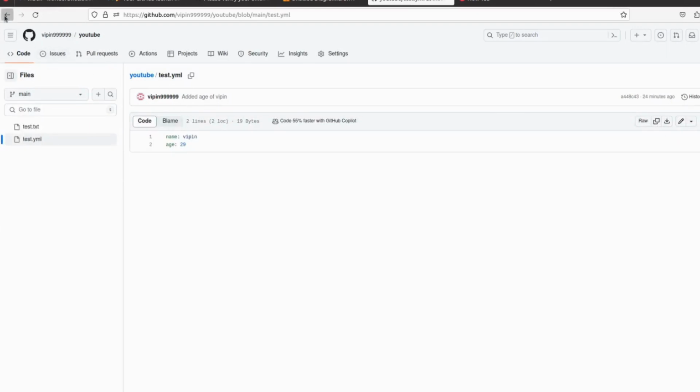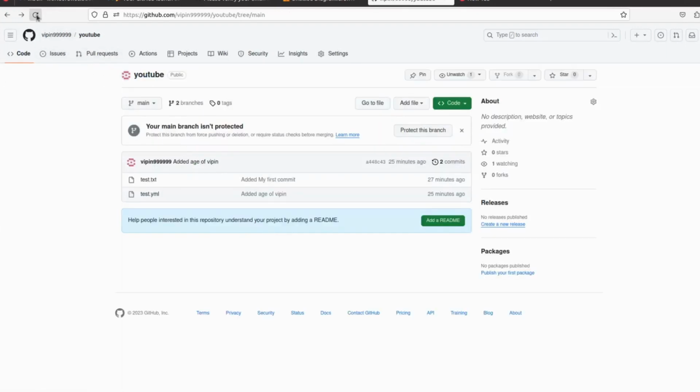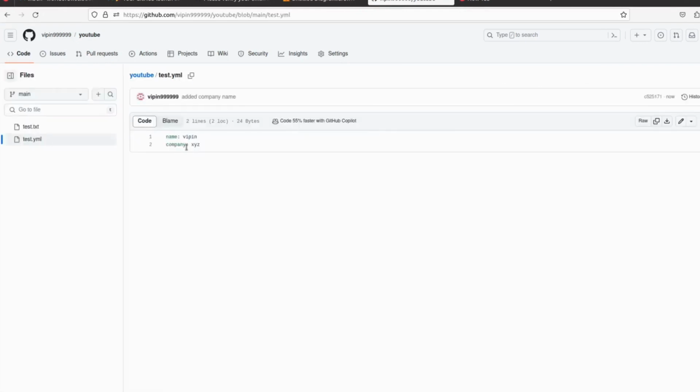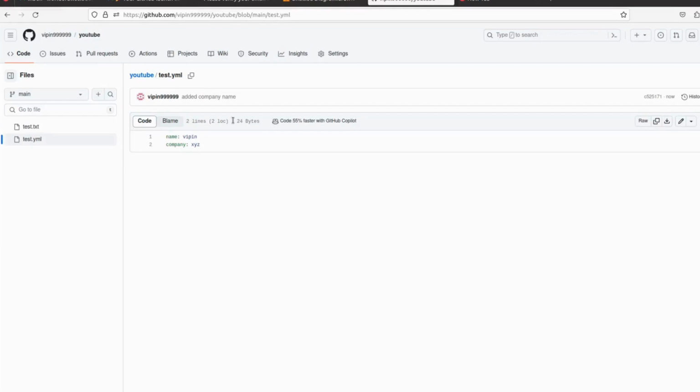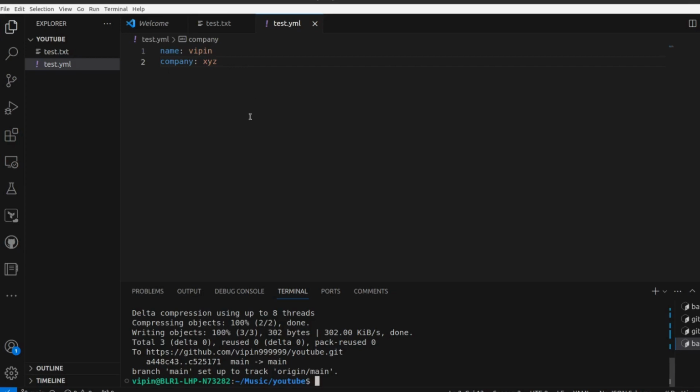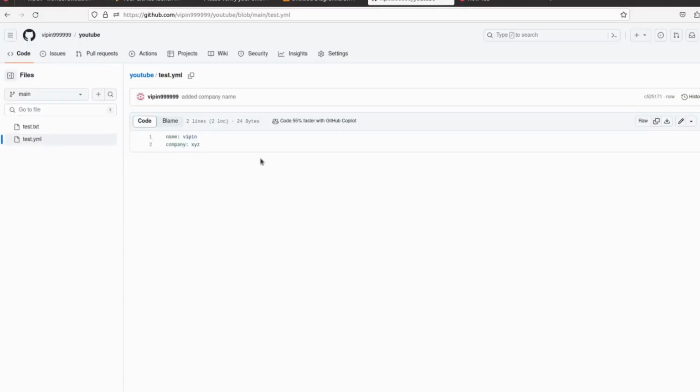Let's go back to the repository here, and we are on the main branch. Let's open this, and you can see company XYZ. So we have successfully reverted whatever changes we had on the main branch, and we have pushed the new changes.